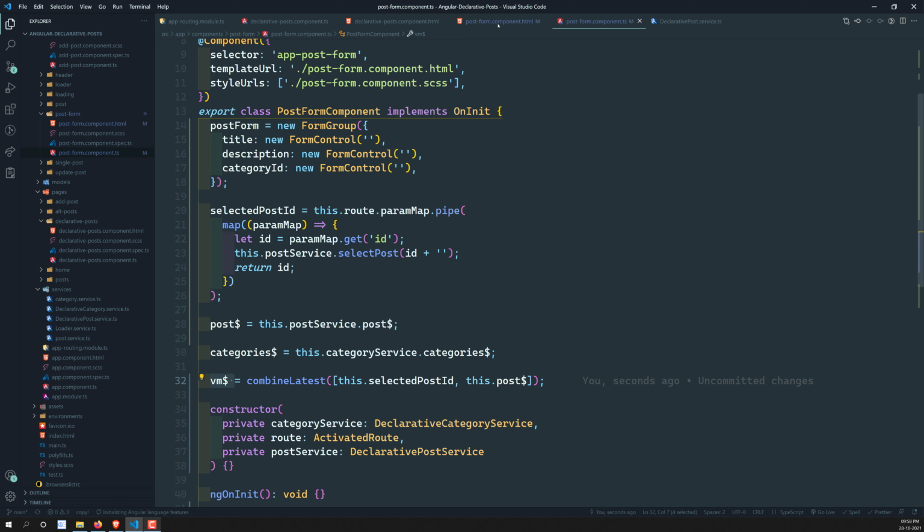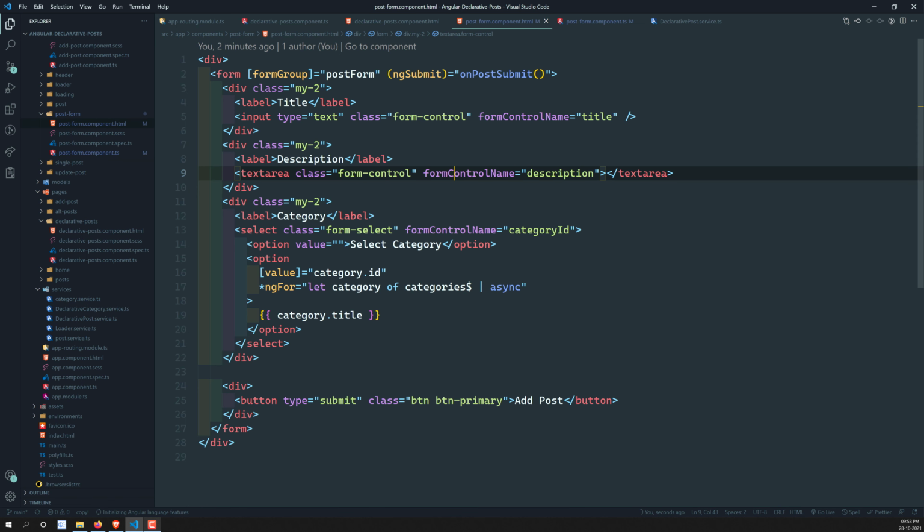How can we subscribe to this one? Using the async pipe. So here I can write ngIf. So we need to get that ngIf, and if we get that ngIf, then it will be fine. See, my system has become very slow, I don't know why. So ngIf is equal to, let's try to add the star also. So ngIf is equal to, so here what do I need to have?